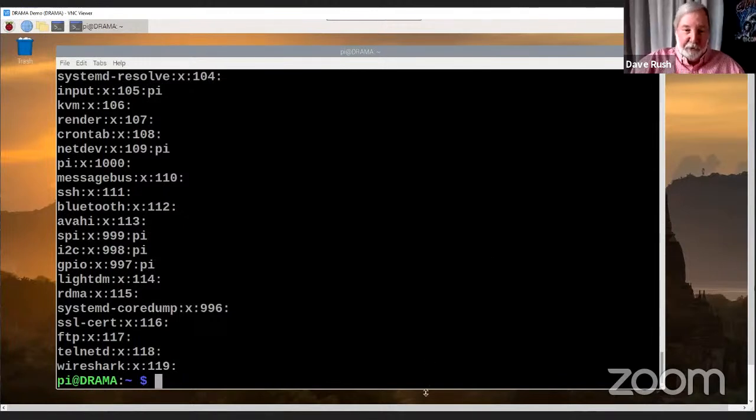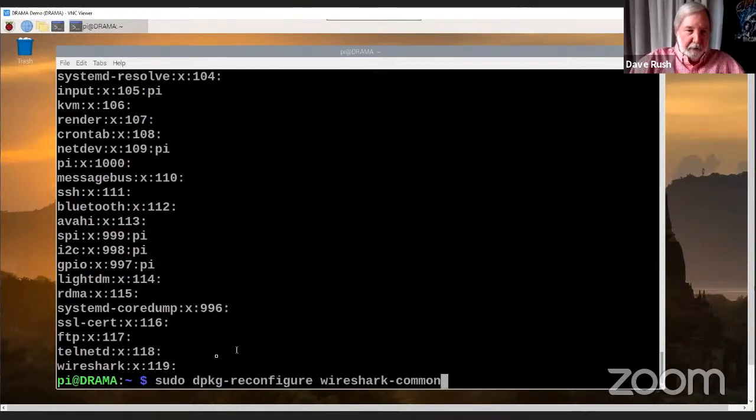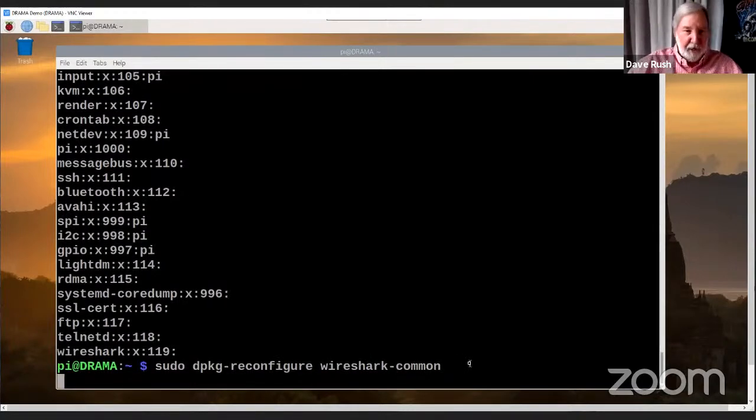But let's say you blew it, you didn't get the message, you're not sure what happened. Here's what you would do. And I don't expect you to write this down, but for anybody following along this in the archive after the fact, there's a little command that you run from the command line, and it will make the group and assign all the rights. And you'll find it in all kinds of tutorials out there as well. And it's sudo dpkg-reconfigure, and then here's the package configuration or menu that it runs, wireshark-common.